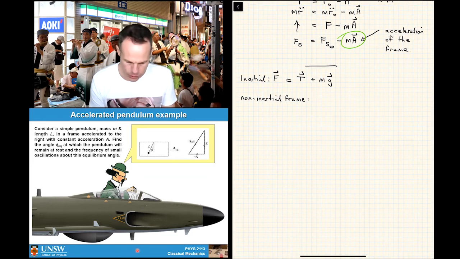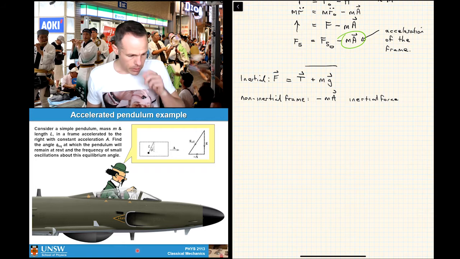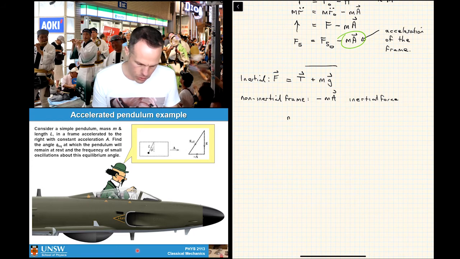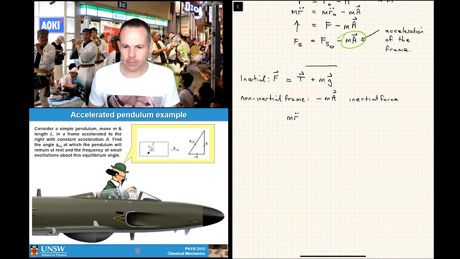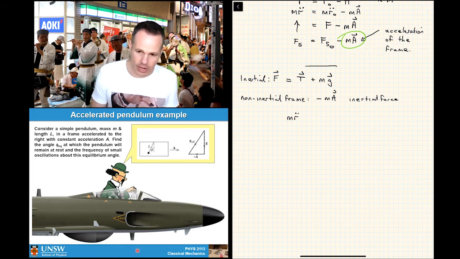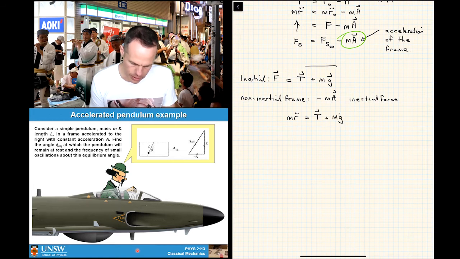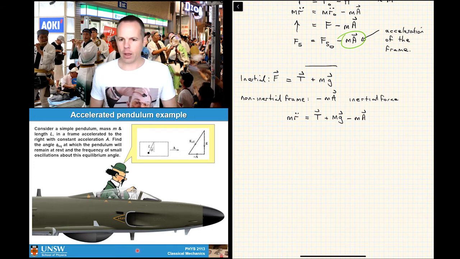there's now an additional force we need to account for, minus ma, which is our inertial force. And what we can do here is basically just add this onto the problem. So what I'm going to do is write m r double dot, just a nice little notation change. Doesn't really matter what I write. I could put an F there if I wanted to as well. It's now going to be the tension that we had before plus our mg. And then what we're going to do is subtract an ma